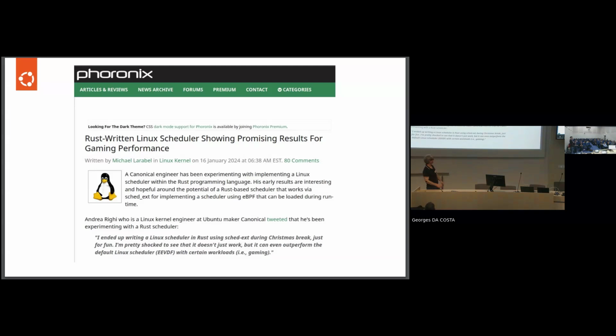not because of the scheduler. I love Phoronix, and I'm very grateful for this article. It's not the scheduler showing promising results. Yes, it shows promising results. In that particular workload, my toy scheduler performs amazingly because I can compile the kernel and play the video game at 60 FPS. Of course, it's not a replacement for the default Linux scheduler, or any kind of upstream scheduler. It's just a scheduler that works for that specific workload, and the benchmark was very focused on that specific workload.